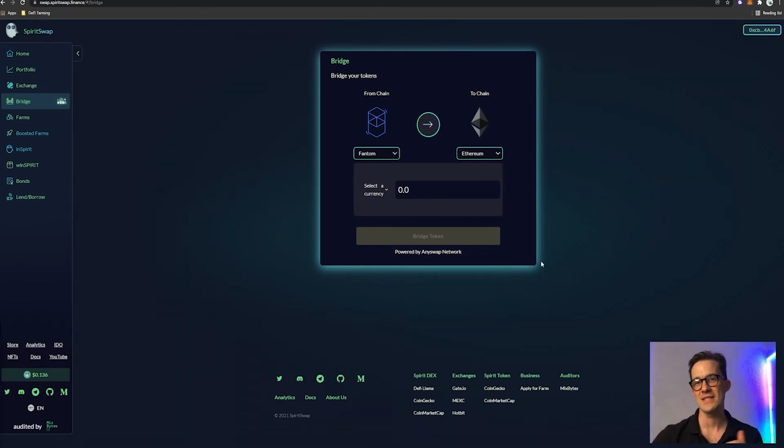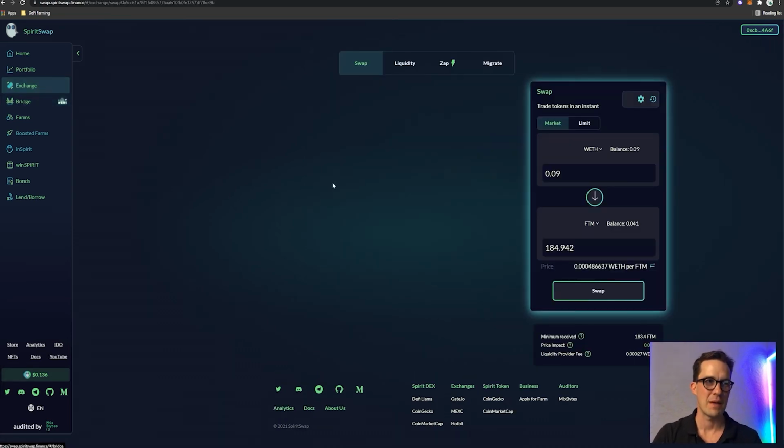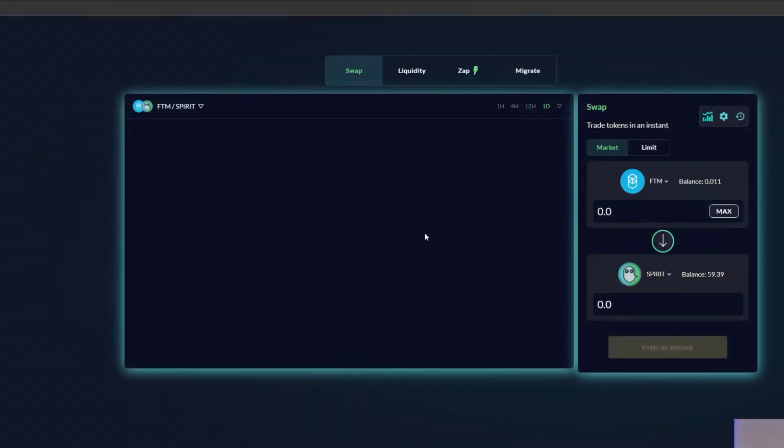Okay, so once that's done, I want to exchange my wrapped ETH for Fantom because that's the token that we're going to be using on this network. We're going to be using it on SpiritSwap. We're going to be using it on all the projects across the Fantom ecosystem to pay for gas and transact. So it's best to carry that in your wallet over your wrapped Ethereum. I'm going to head to the exchange,